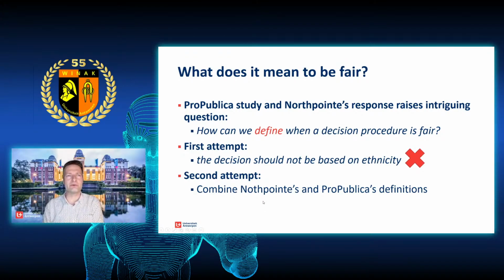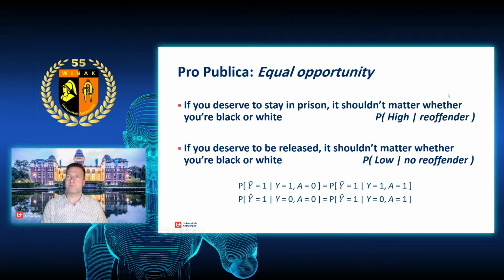So we do not want that. We want to have calibration, but at the same time, we also want ProPublica's definitions, because we do not want our decisions to have a disparate impact on populations where errors are unequally distributed. So let's summarize what we want to satisfy, and these are really key slides. I really want to convince you that each and every one of these conditions is important.